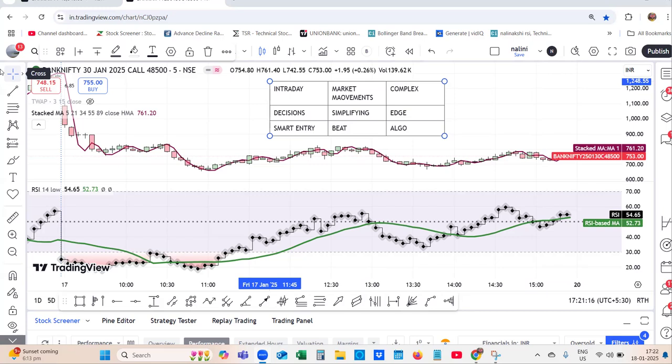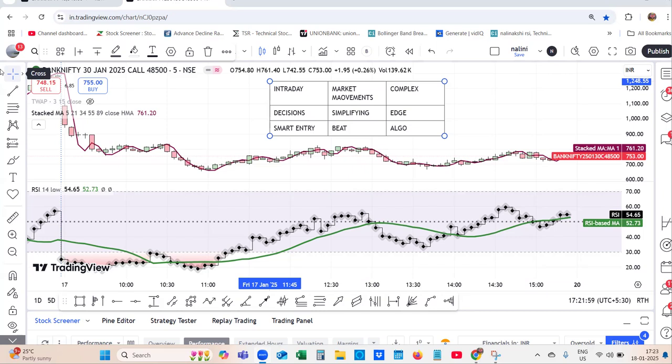Because in intraday, volatility will be very high, that too in the initial hours of trading. And identifying the market movements is also complex. So when market movements and market structure are not formed, decision making also becomes very difficult. So in my effort here, I'm simplifying your decision making with the help of RSI